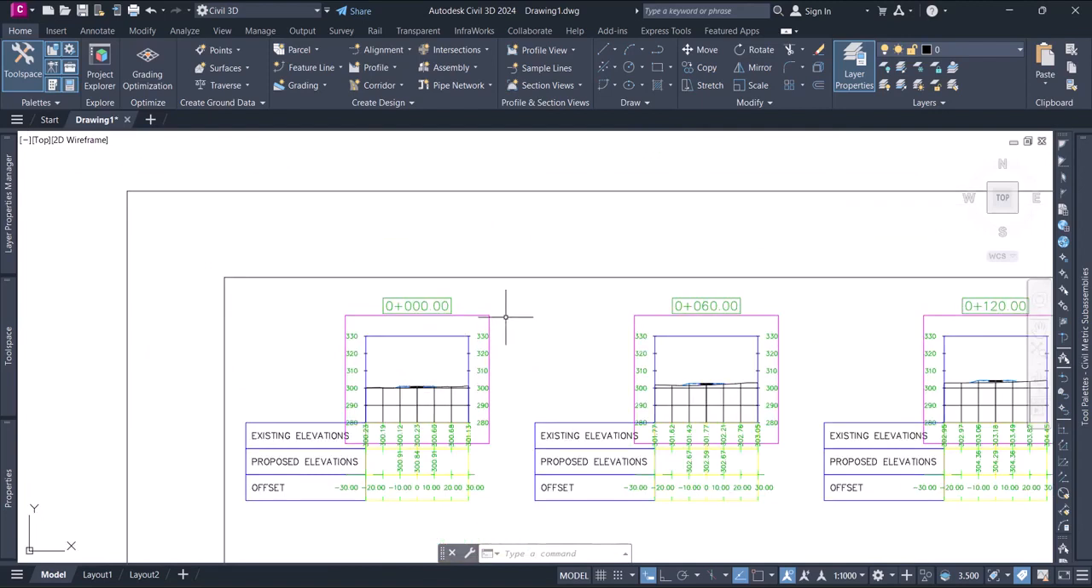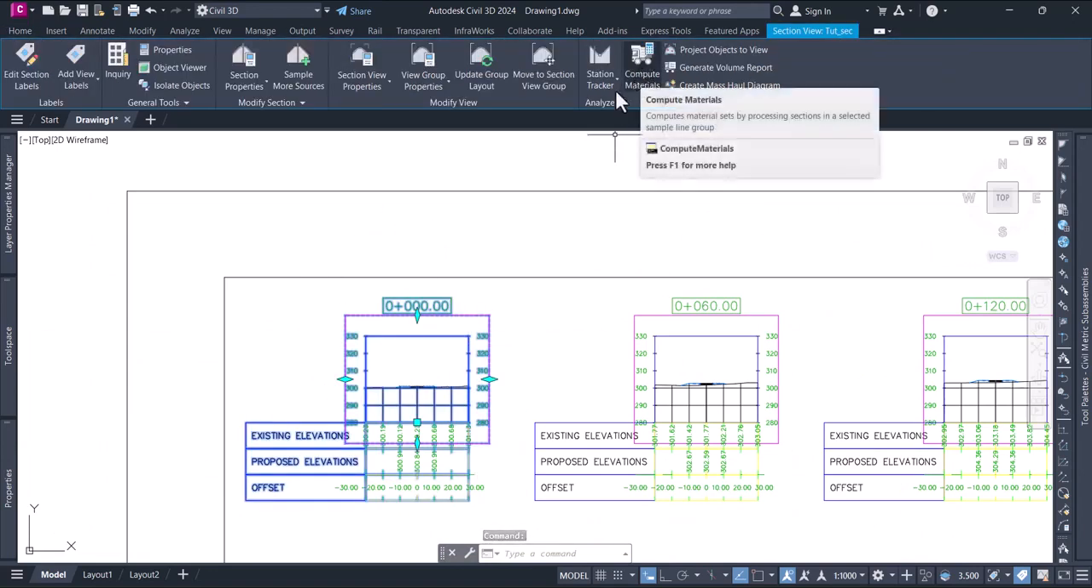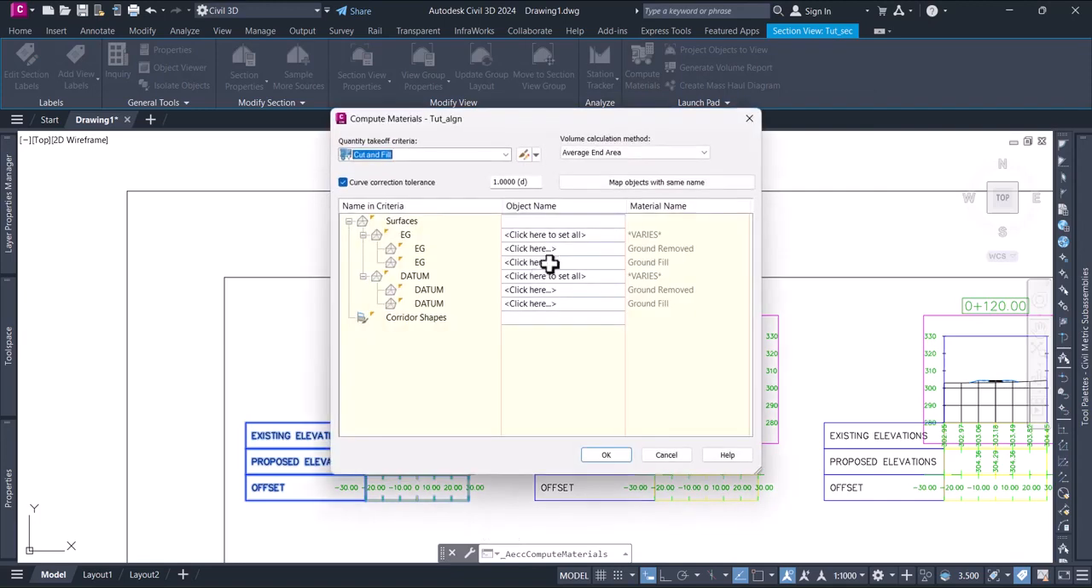Now we can generate a volume report. So we just select any of these and you say compute materials, from the contextual menu, and you select this alignment and this group line, and say okay. Here, for existing surface, the existing surface for this one is our ground surface, right? And the datum surface is our